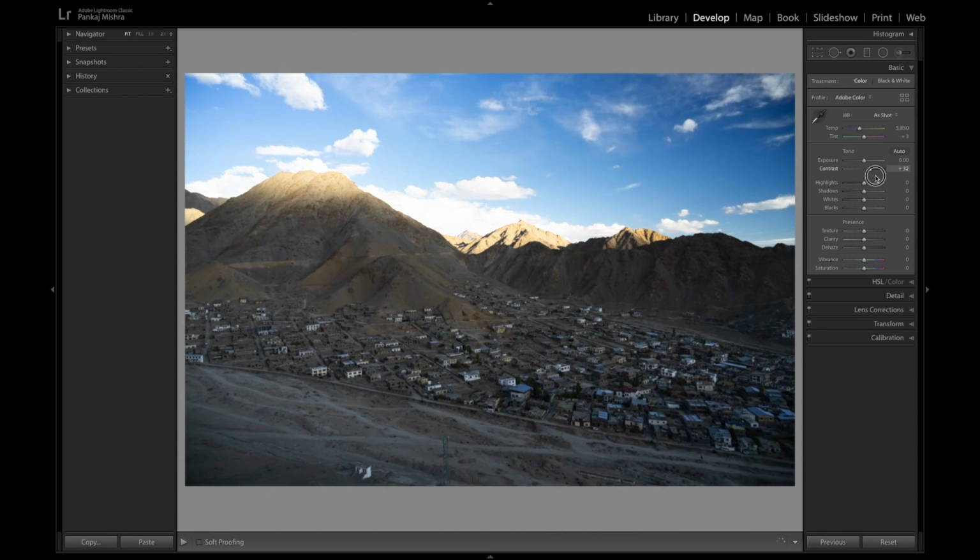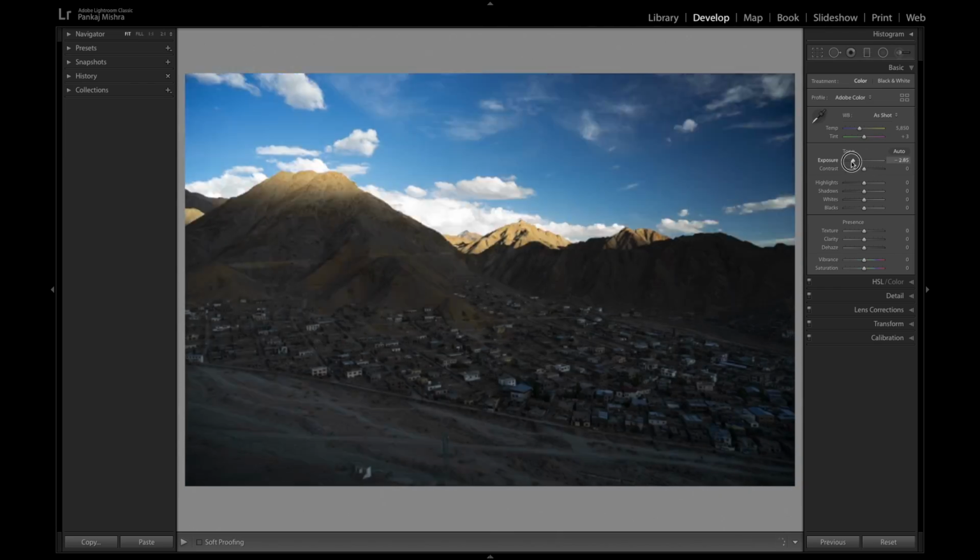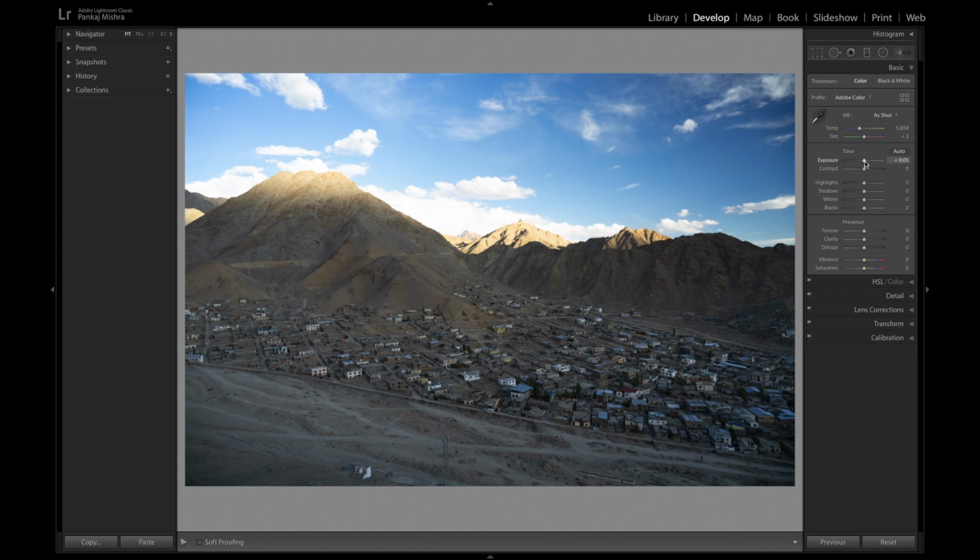You can increase and decrease contrast, highlight, exposure. So you can check their effect on the image.